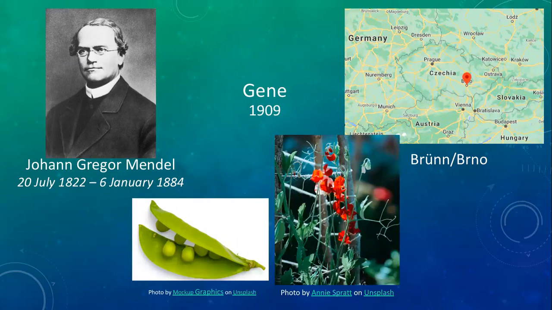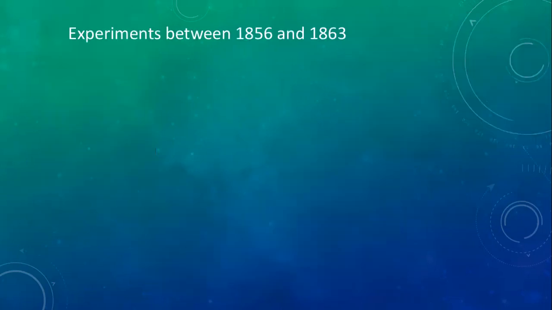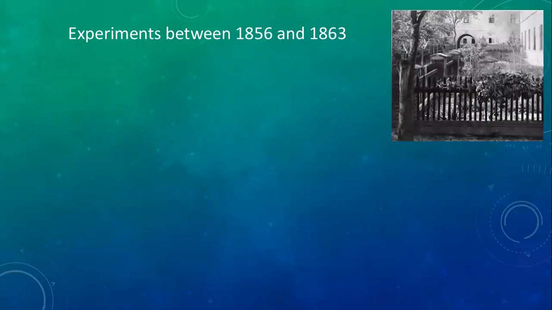Now, the discovery of genes, of the concept of a gene and the laws of heredity are based on breeding experiments Johann Gregor Mendel did with peas in the cloister gardens. So this brings us to the peas of this talk. And he performed his experiments in around 7 years between 1856 and 1863, and during this time, he bred plants in the cloister gardens, and he cultivated around 28,000 plants, most of them peas, but also some others.